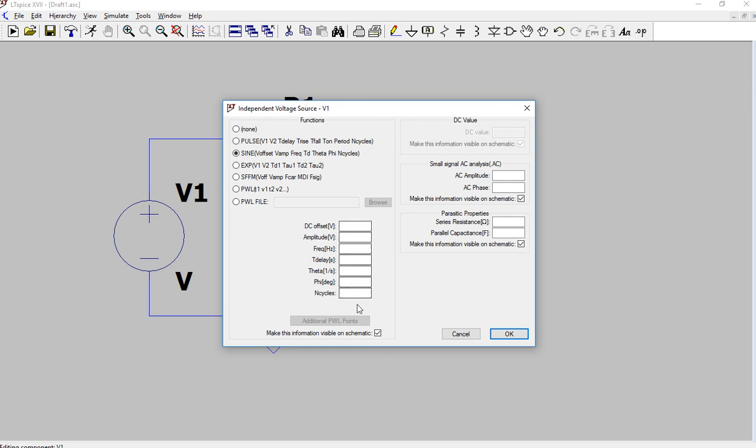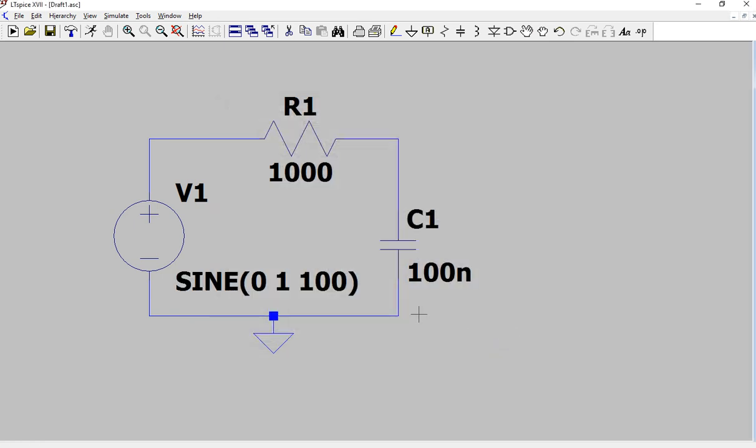Then a bunch of parameters comes into place. I'll just set the amplitude as 1 volt and frequency as 100 hertz. Then I will press OK. So you can see this sine wave starts at 0 second.